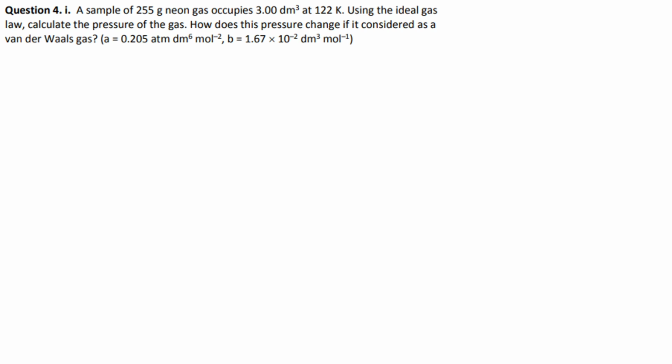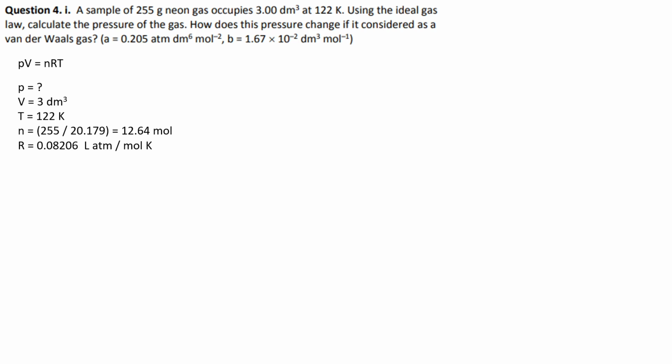Question 4, Part 1. A sample of 255 grams of neon gas occupies 3 decimeters cubed at 122 Kelvin. Using the ideal gas law, calculate the pressure of the gas. Well, what do we know? We know the ideal gas law, and we know everything except the pressure. We know the volume is 3 decimeters cubed, the temperature is 122 Kelvin, and we can work out the number